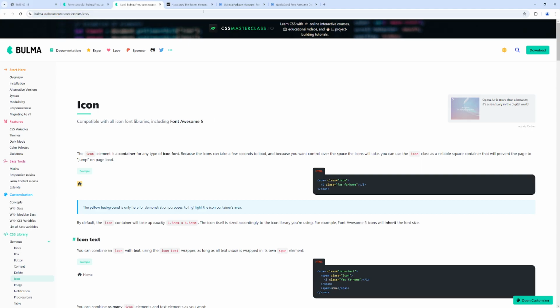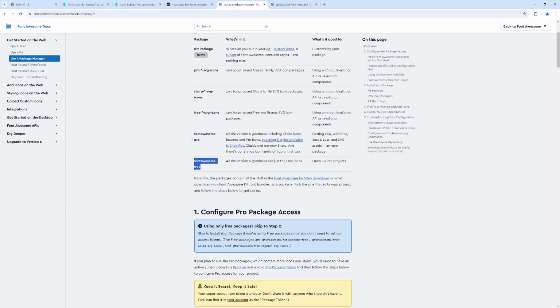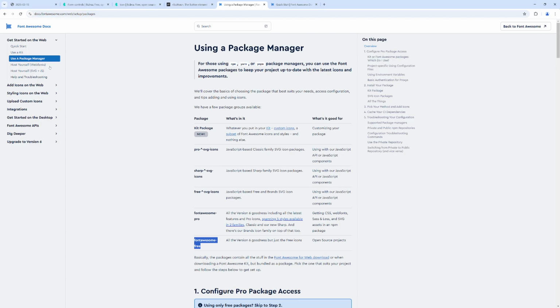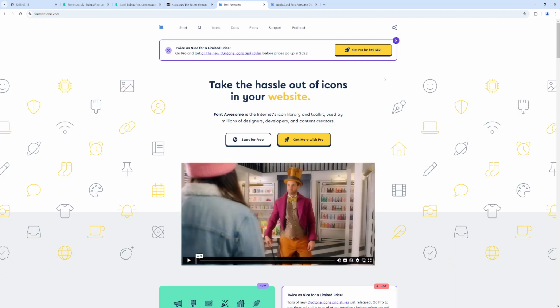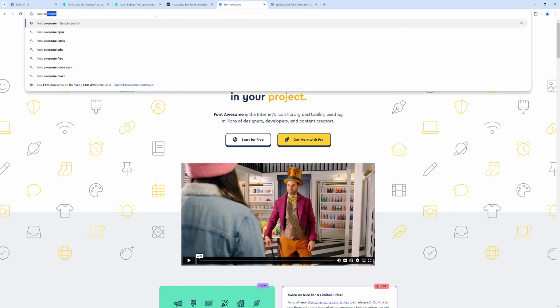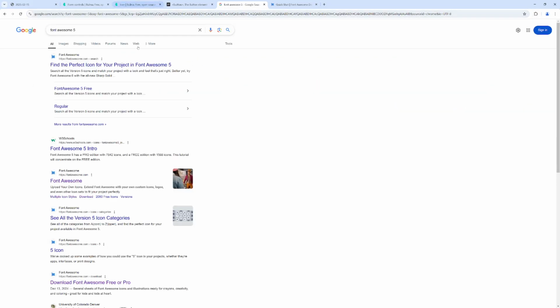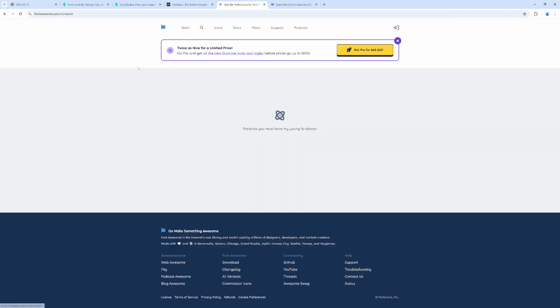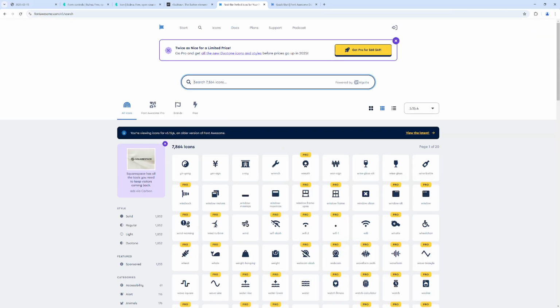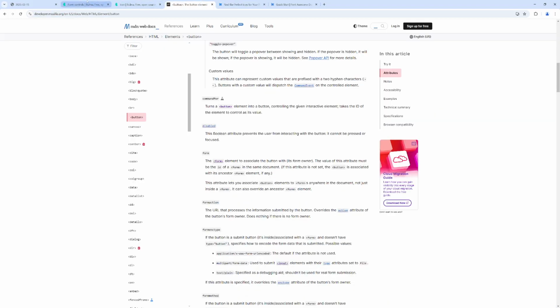I don't know. It's interesting too, because this Bulma here is talking about Font Awesome 5, and this here is Font Awesome 6, which makes me wonder if there is a Font Awesome 5, which maybe was less weird. I don't know, whatever. I'll think about that later. I'll probably pick a different icon library that actually